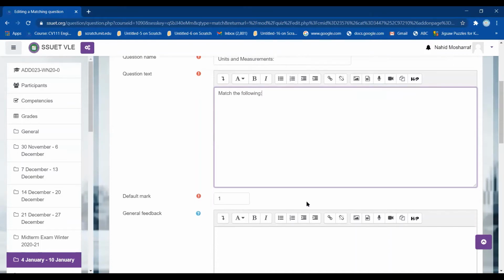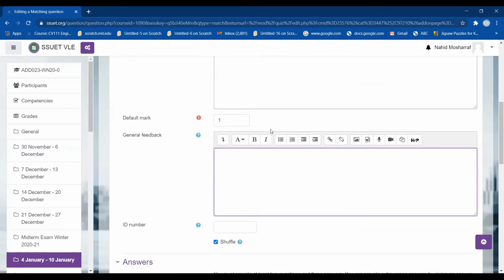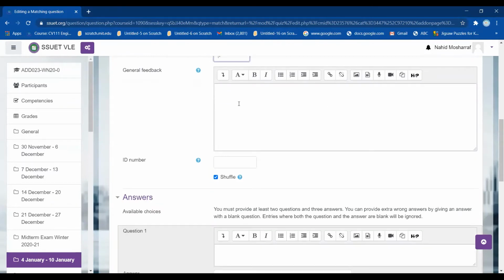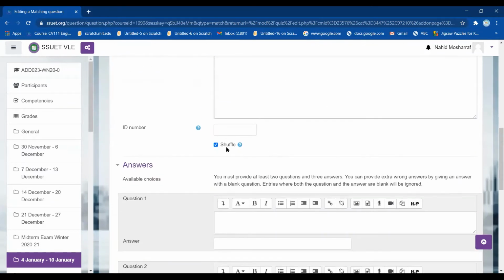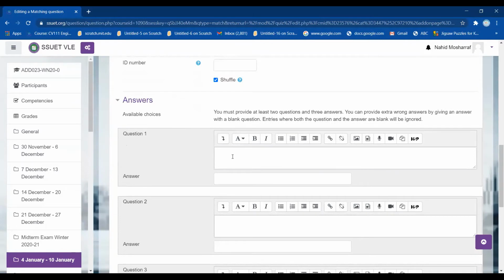Then you are giving this 1 mark. It's up to you, whatever mark you want to provide. Shuffle questions, okay. And question 1 is, for example, force, and the answer is Newton.